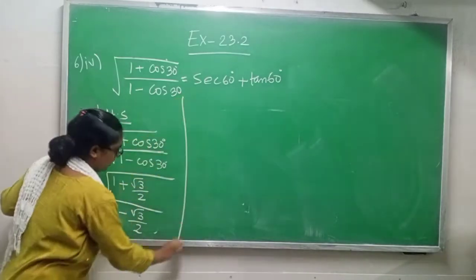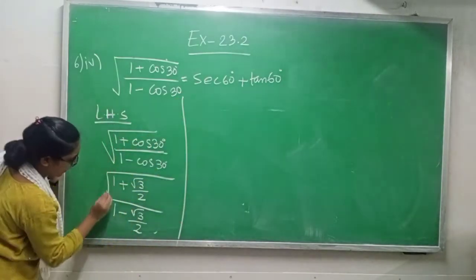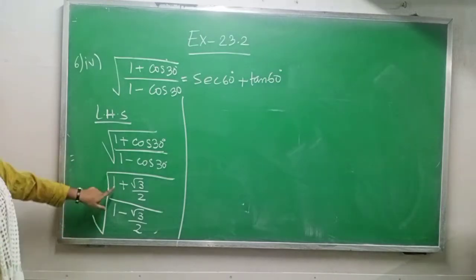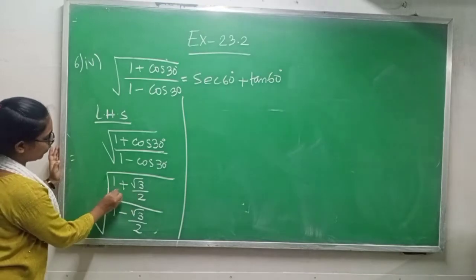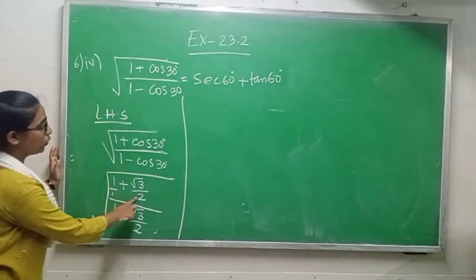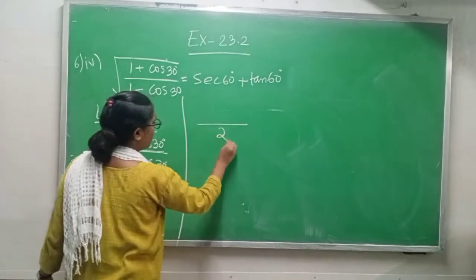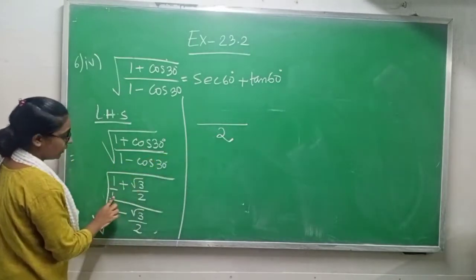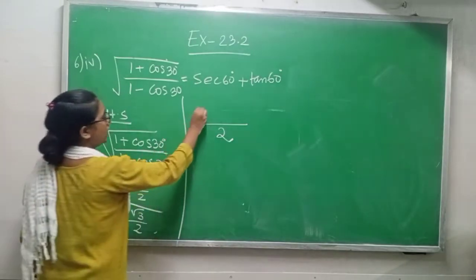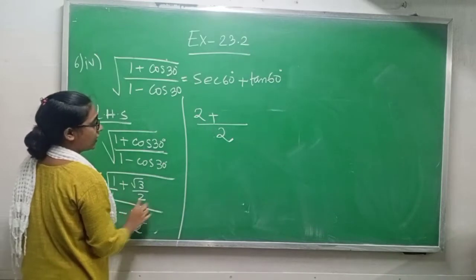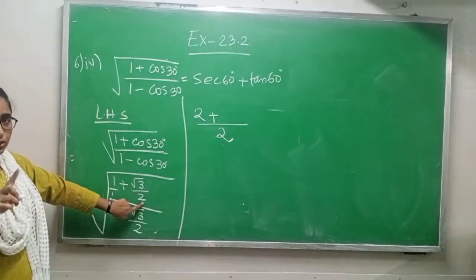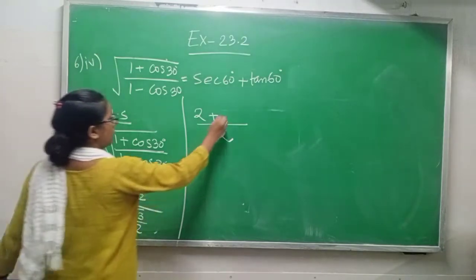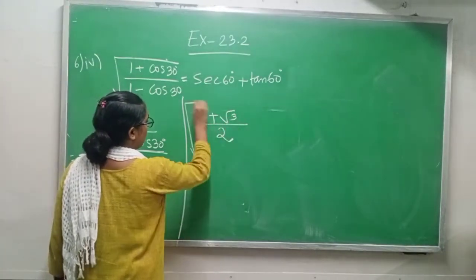After that, I am making it larger so that you will understand. You have to take LCM. So the numerator is 1 plus root 3 by 2. Here you have nothing but 1. So 1 and 2 LCM will give LCM 2 only. 2 divided by 1 is 2, 2 into 1 is 2, plus 2 divided by 2. This 2 divided by this 2 will give you 1, because 2 ones are 2. So 1 into root 3 is root 3.